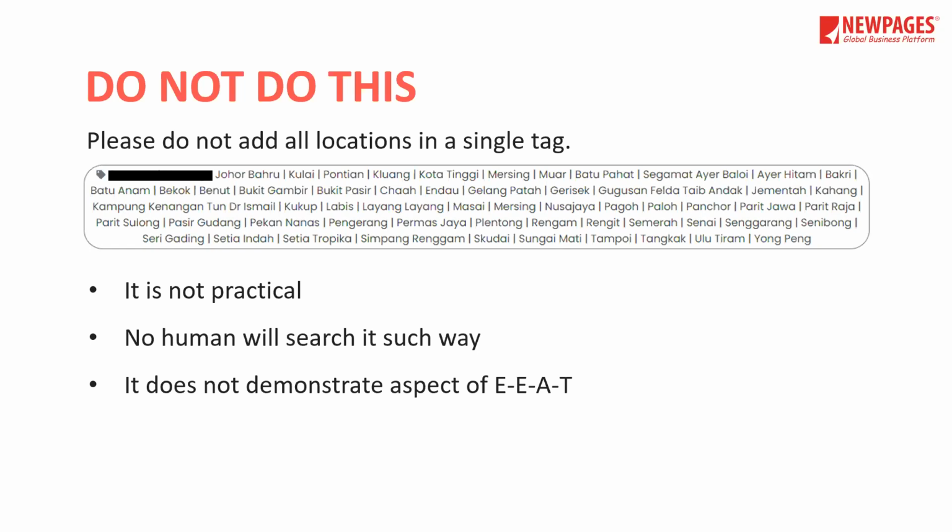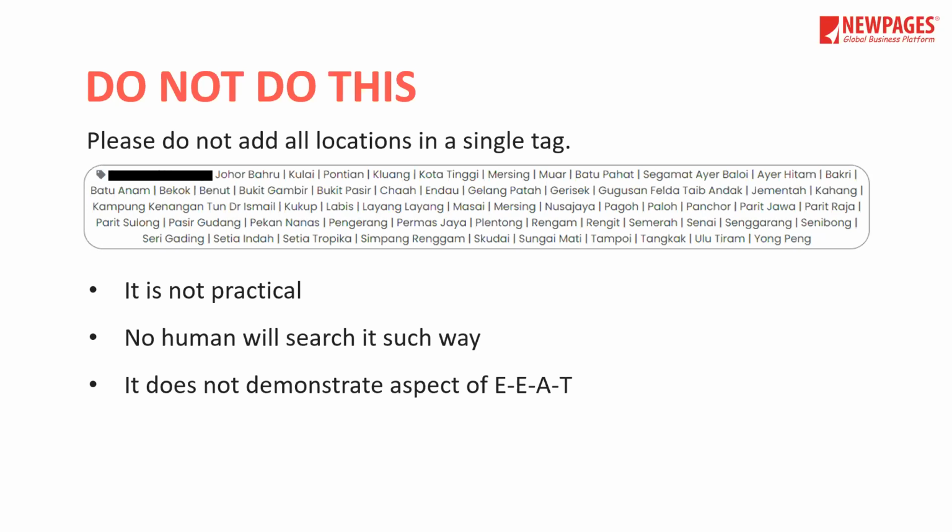So a better solution, if you want to add all these locations, is maybe you can add them into your product description page, or perhaps you can create an FAQ on your service area, your target area or delivery area, something like that. Then you list all these areas. Then the title for this product tag, perhaps you can use service area or delivery area, our service location or our delivery location or area. Then when they click on that,